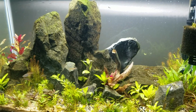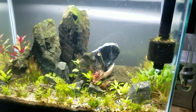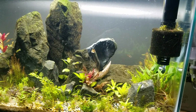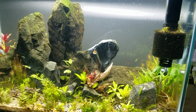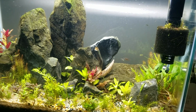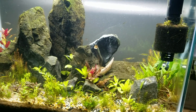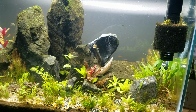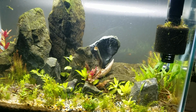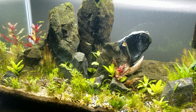But the bottom of the tank is fairly carpeted in plants that have room to grow. So we've got, I don't know, 4 kinds of crypts. We've got 6 kinds of rotala in there. We've got a little bit of octopus plant in the back. We've got some temple plant. But basically, I'm hoping that once that grows in, there'll be some space for the CPDs to be able to